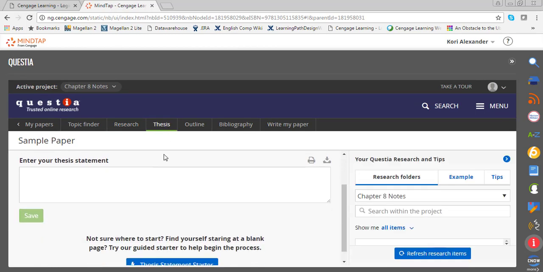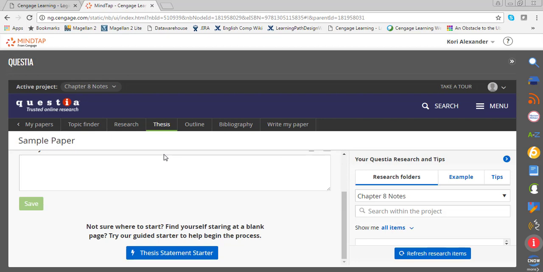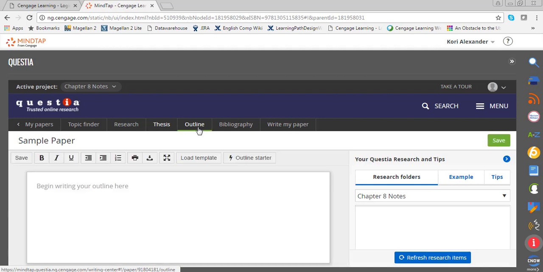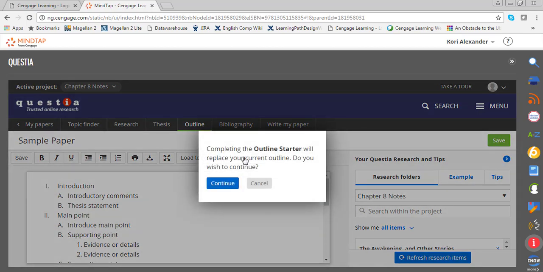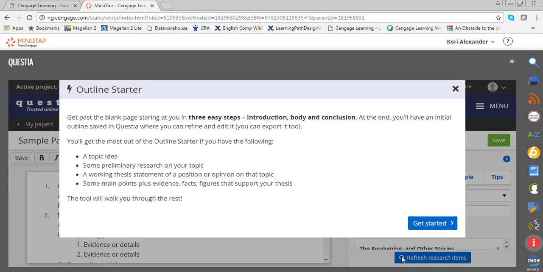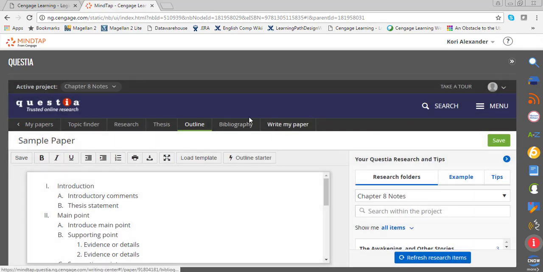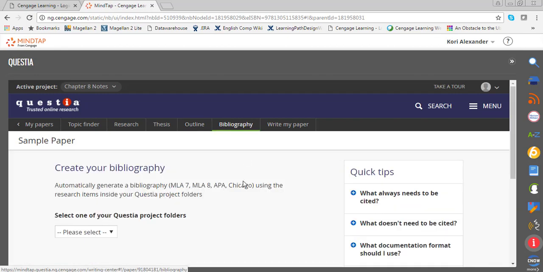There's also a tool for creating a thesis statement, which will provide students with preloaded templates should they desire them. The same is available for the outlining section, where they can load a template, or they could do an outline starter, which will actually guide them through a more personalized process. And then finally,